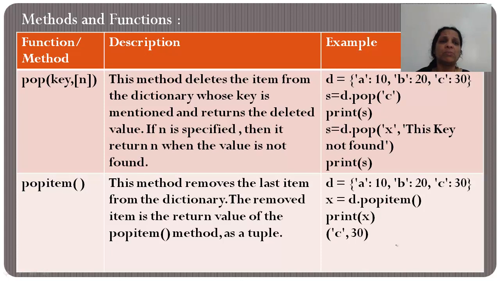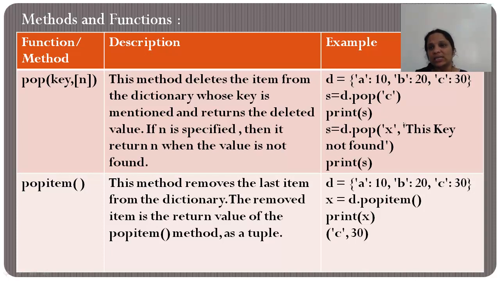But before that, what is the purpose of both these functions? If you ever want to delete something from your dictionary, you could do it using pop or popitem. Now what's the difference between pop and popitem? In pop, you specify the key, so that key and value pair gets deleted. But in popitem, you don't specify what you want to delete. The last item in the dictionary gets deleted.